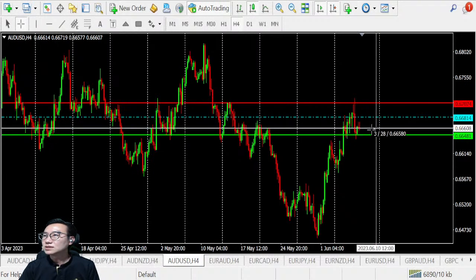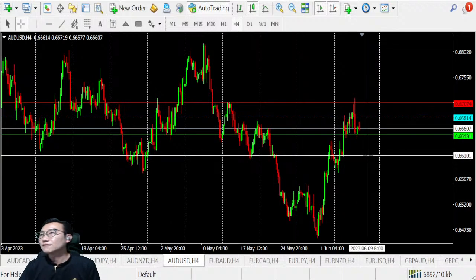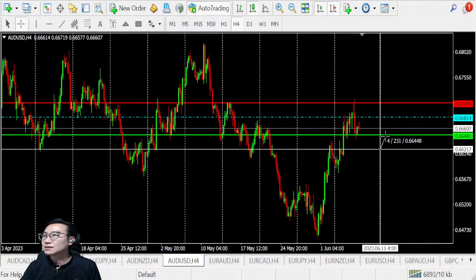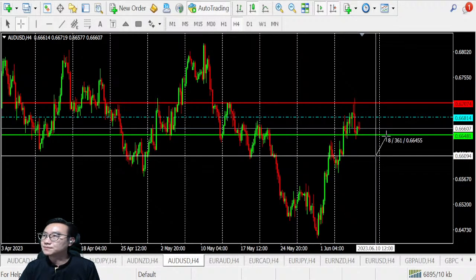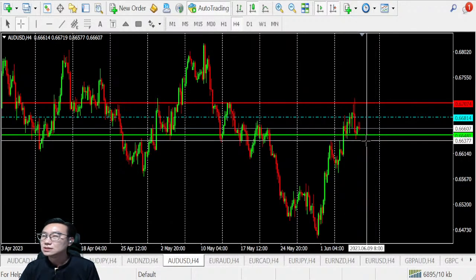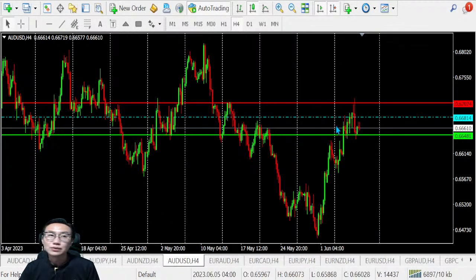Okay, so at this area here, we have 10-over pips to go. After it breaks this area, we will see a good chance for another round of selling down. We should have around another 25 pips to go. Okay, so 25 to 30. There's a good one over here that we can pay attention to. All right, so that's for the Aussie dollar.